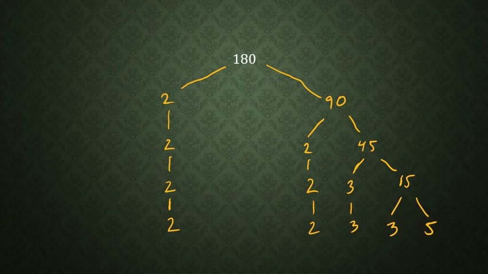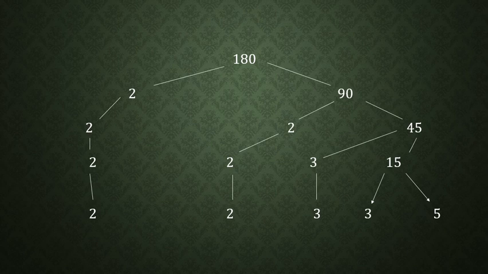We have found the prime factorization of the number 180, and we can write it in its prime factorization. 2 times 2 times 3 times 3 times 5. Now, just as a quick note,